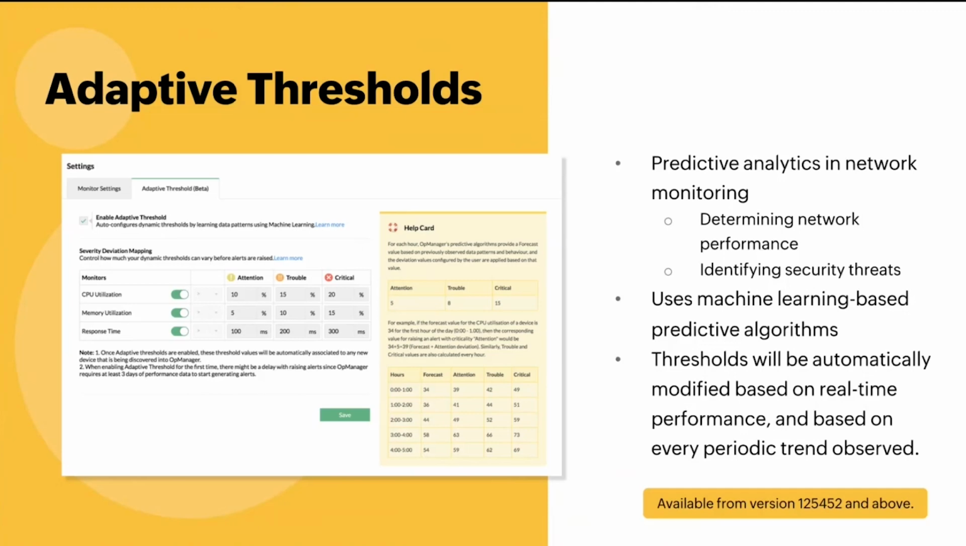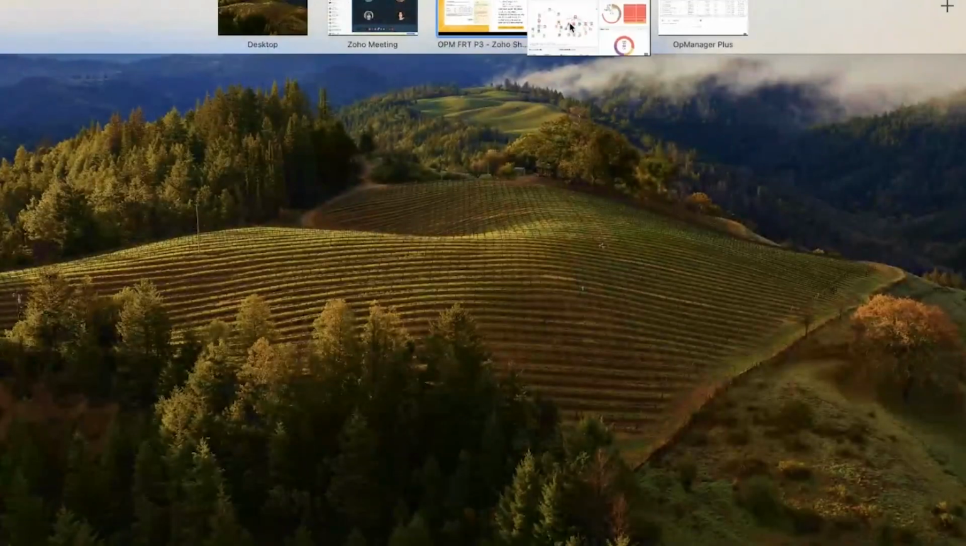Now, please note that OpManager requires at least 3 days of performance data to start providing forecast values. The best practice we recommend is to not enable adaptive thresholds as soon as you install OpManager. Instead, give OpManager a week's time and allow it to collect past performance data from which adaptive thresholds work effectively. So let's go to the setup